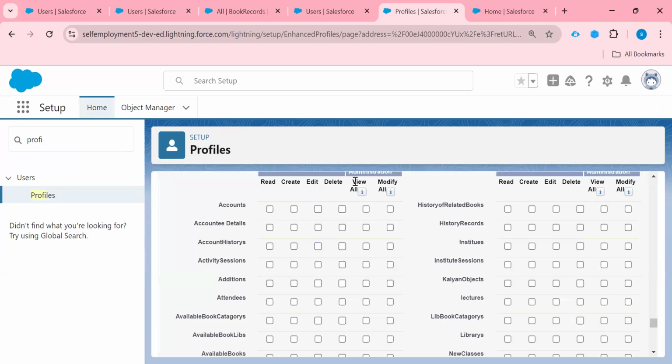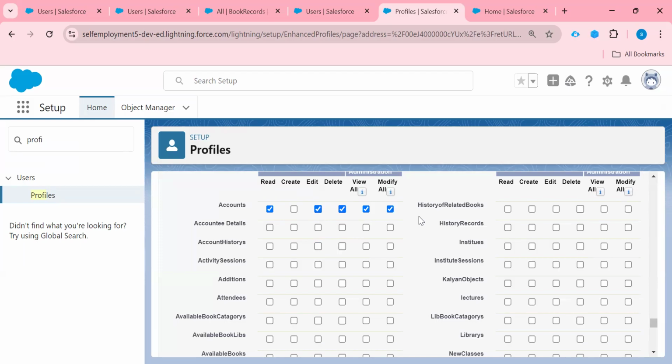Talking about view all and modify all, if I give this permission to any object, this person can read all the records. If I check modify all, this person can read, edit, delete, view, modify.